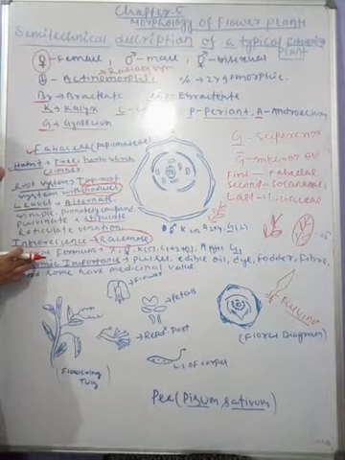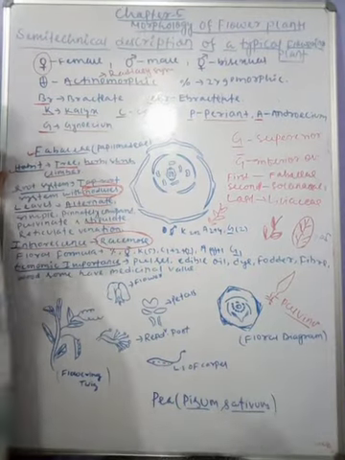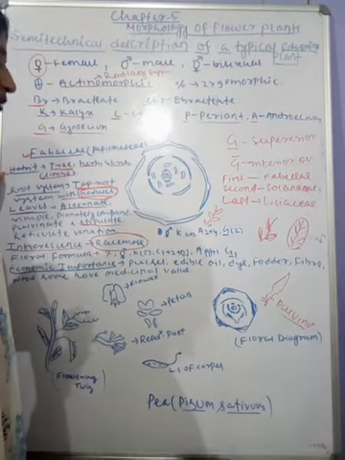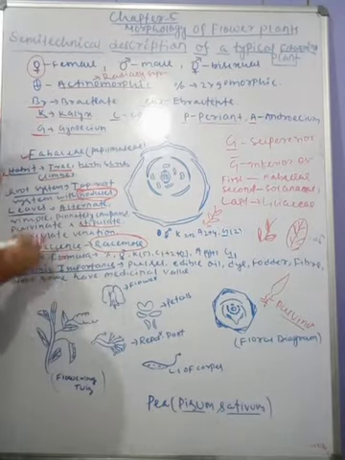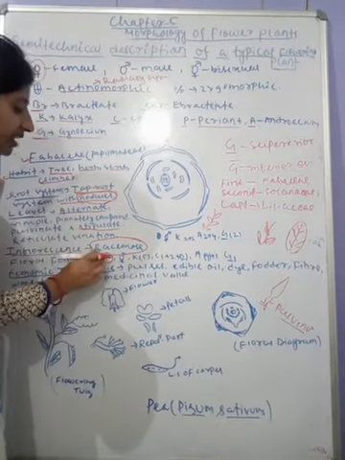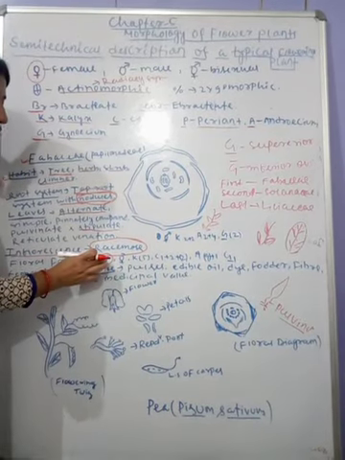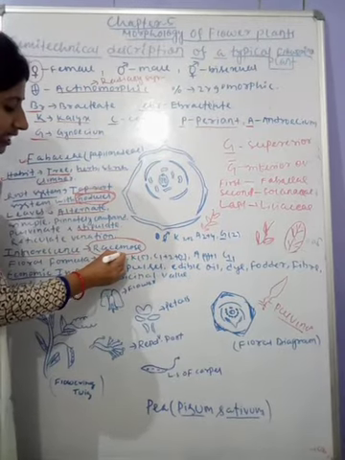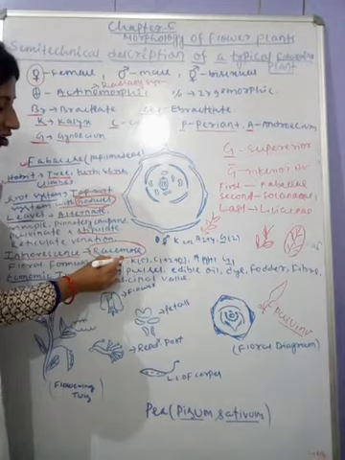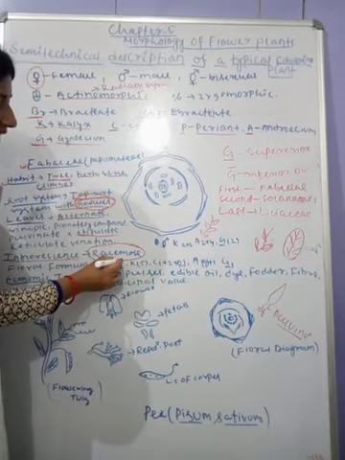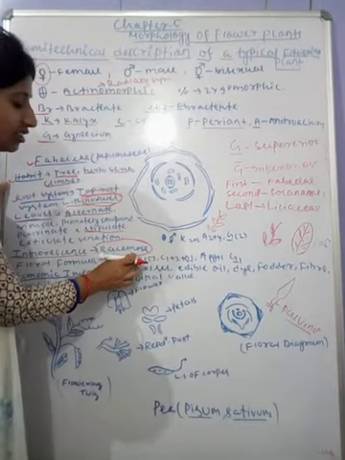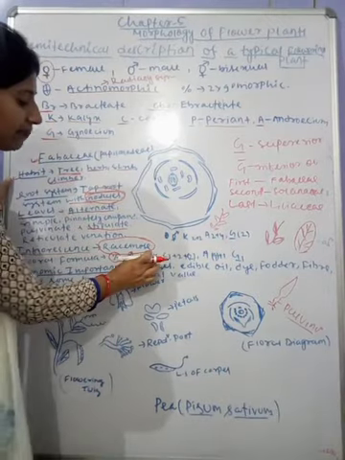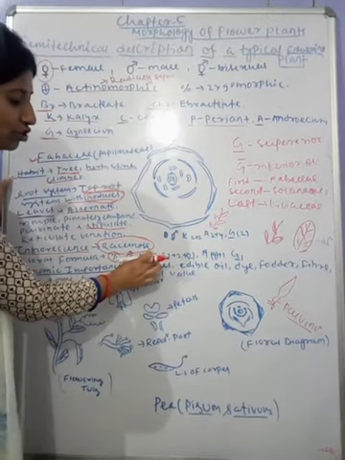Next is your floral formula, through which we can know how many sepals, how many petals, how many stamens, and how many pistils are present. So the floral formula is like this. Here a percentage sign is given. Tell me what it denotes. It denotes zygomorphic, means bilaterally symmetrical. Here the flower is bisexual, as it has the sign of bisexual, means below plus and above arrow. Then K represents calyx. So calyx is 5. Here the bracket means all the sepals are fused.